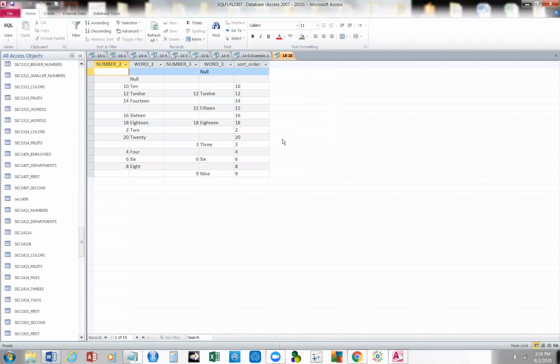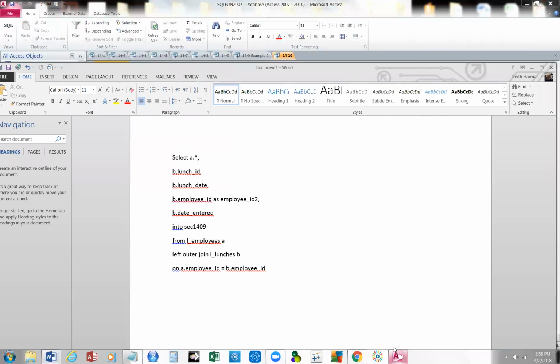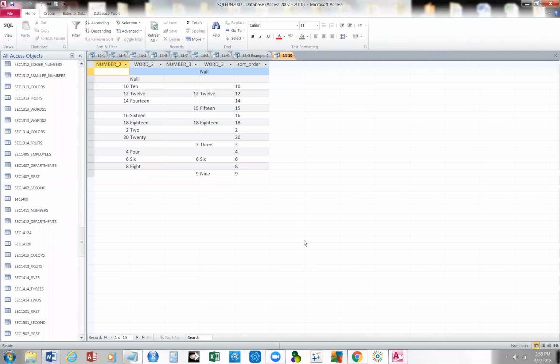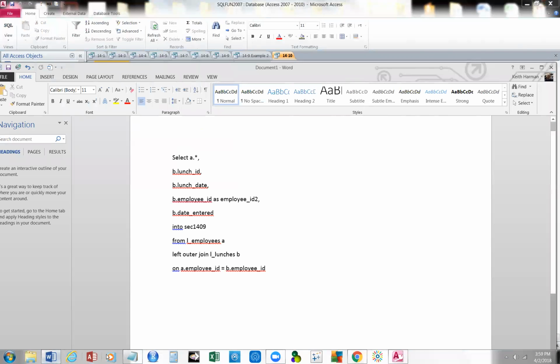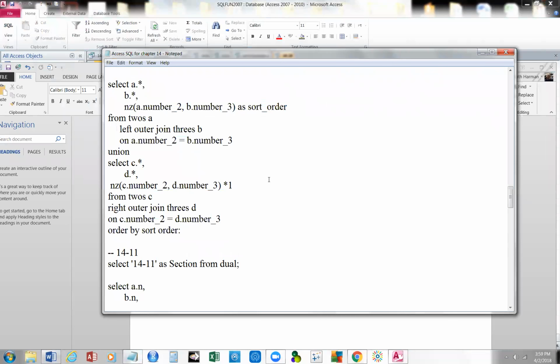Key thing in this is the structure. And you'll see that. Well, let's just go back up here where we were and see the structure. Okay. And where was I working at? Over here. Okay, we're going to do our select statement, and we use the NZ function. Then we identify the tables, and then we say, okay, how are we going to join them? Well, what column or what dimension are we going to use? And it's the number. Then we perform a union, and then we're going to select everything from 2 more tables,